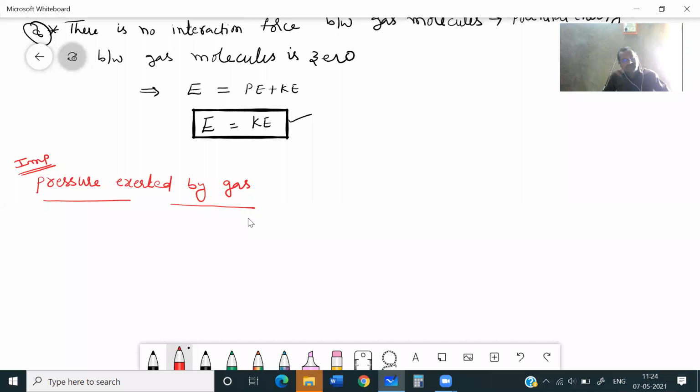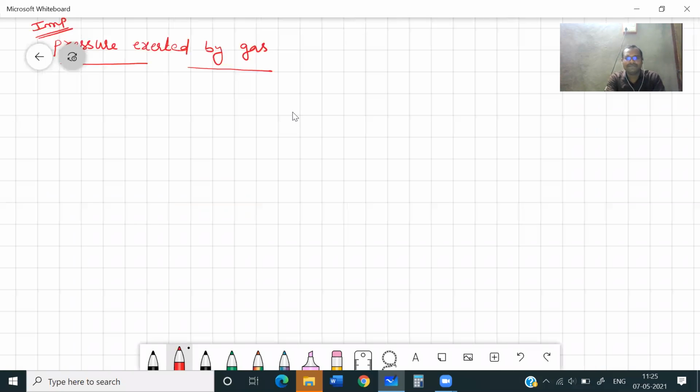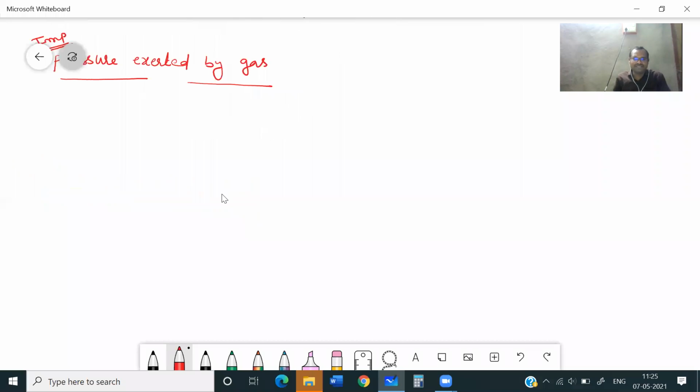So if you want to remember all 4 or 5 formulas, you need to remember this derivation. Clear? Okay. Now let us derive this. This derivation will come from the assumptions we have discussed till now. From these assumptions only, this derivation will come. Now one by one, let us discuss.